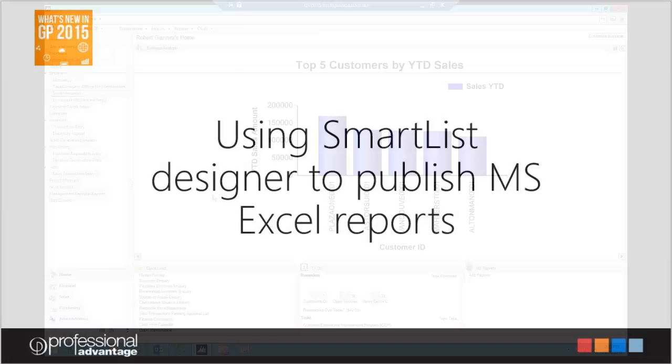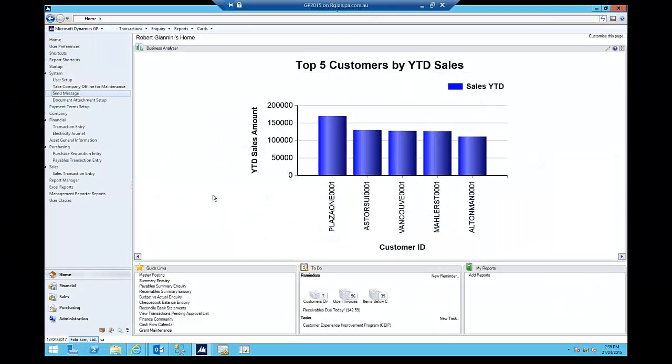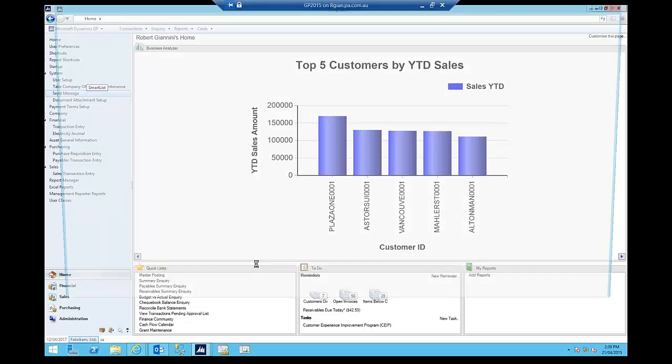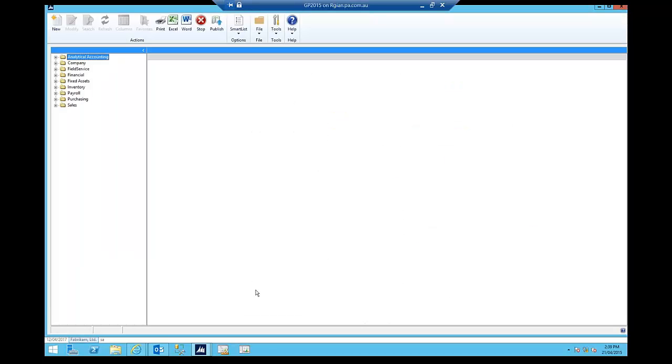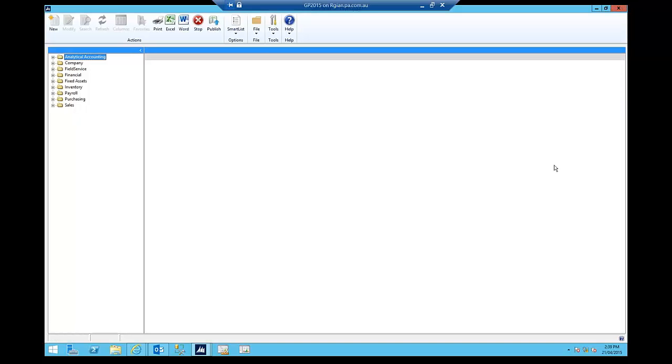Now, one of the areas we said we were going to talk about is the SmartList area. I imagine that, hopefully, most of you out there in current user land should be aware of the SmartList feature and some of the work that Microsoft has done in the SmartList area, where they've made some major inroads and some nice changes to the look and feel of the SmartList area. So I've gone into SmartList now, and you can see here